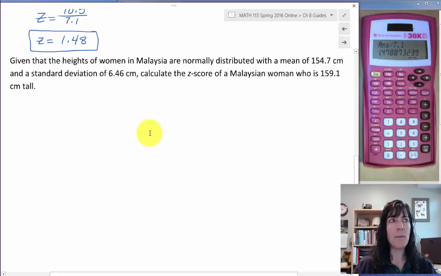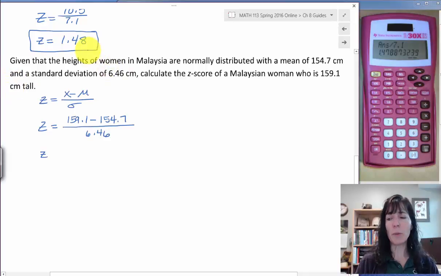Here's one for you to try. Given that the heights of women in Malaysia are normally distributed with a mean of 154.7 centimeters, so they're shorter than the Canadian women, and a standard deviation of 6.46 centimeters, calculate the z-score of a Malaysian woman who is 159.1 centimeters tall. I wrote down the z-score formula, and I used mu and sigma because, again,